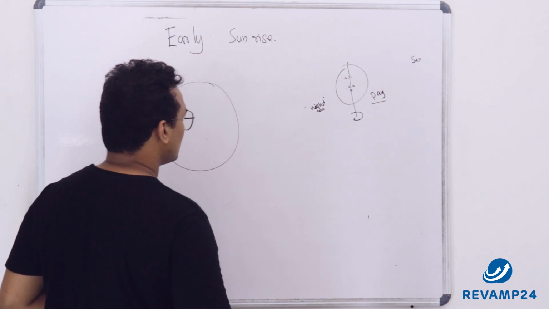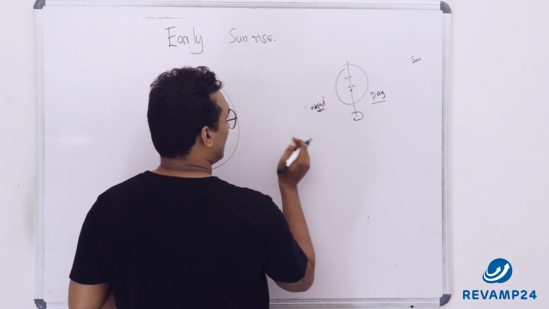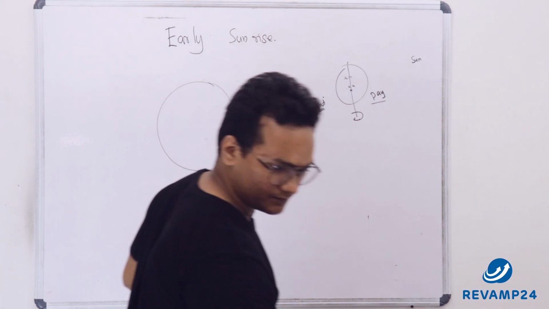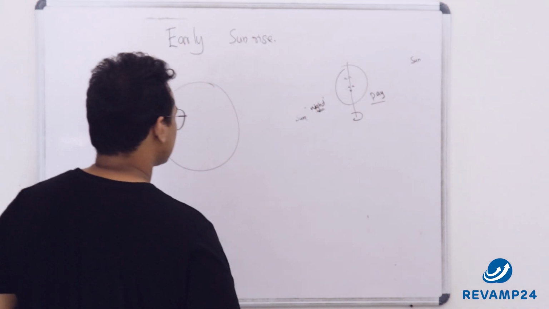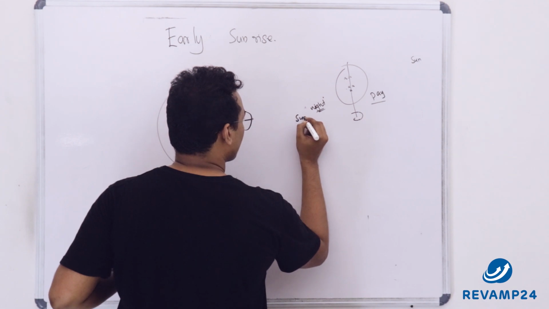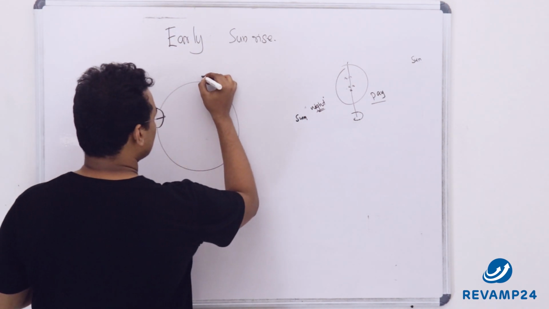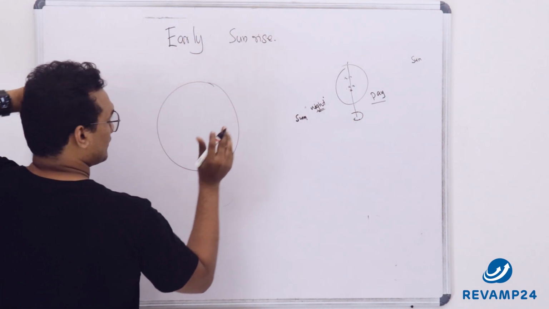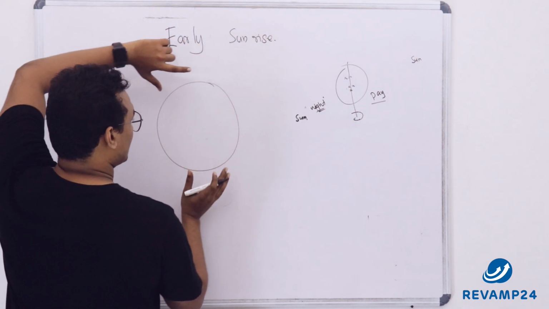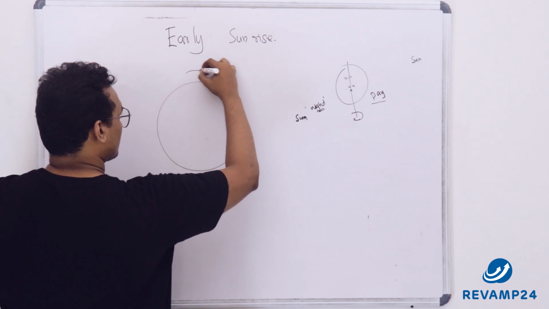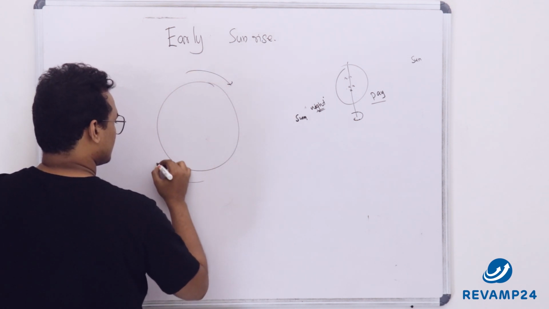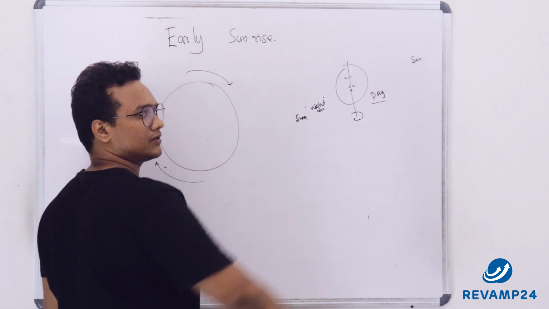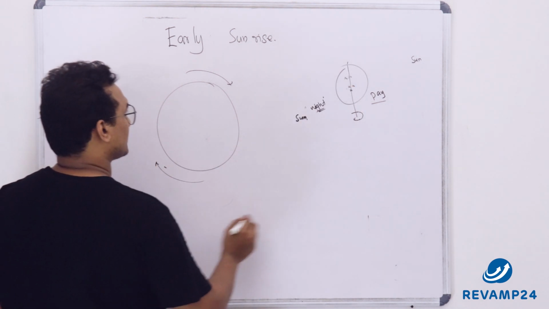So I will give you a well understandable picture. This is the sun, and this side is Earth. Now instead of rotation in this way, which is difficult to explain, I am going to consider Earth being rotated in this way, clockwise direction. Just a different plane. I have considered the top view. So this is the sun.